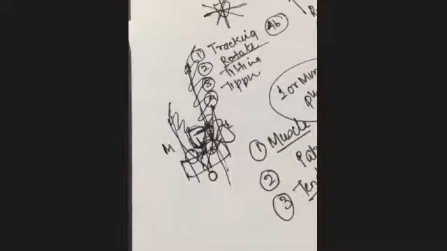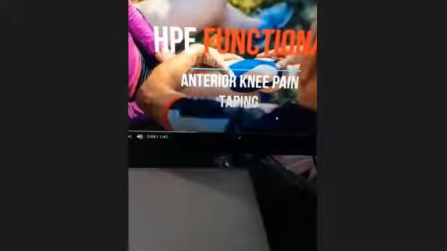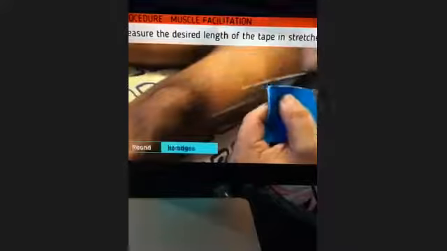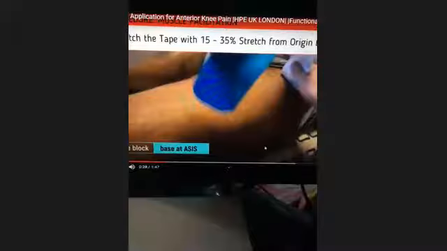Okay. Let me show the functional taping for anterior knee pain. Measure the tape in hip and knee flexion. Then you are supposed to round the edges. The patient would be in the supine position. These videos are available online, so you can go through them again. You take a minimum of one block of the tape. Remember, when we do muscle, the stretch. So you are going to apply the base on the ASIS in the neutral position.